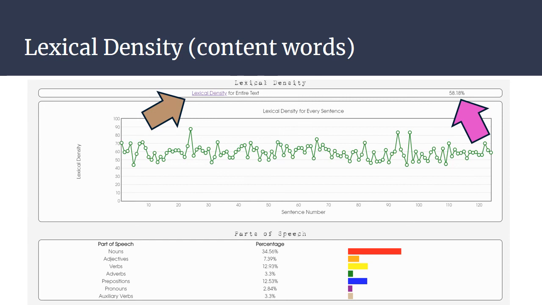In general, and you can read more about lexical density if you want by clicking that lexical density link next to the brown arrow, about a 50% lexical density is average for most people's writing. Below that, writing tends to be easier to understand. Above that, writing tends to be more dense and could be potentially more difficult to understand. Okay. And you can see there at the bottom of this chart as well that, the red, almost 35% of the words I use are nouns. I use about 7% adjectives, about 13% verbs, okay, and then other types of grammatical categories you can see below.